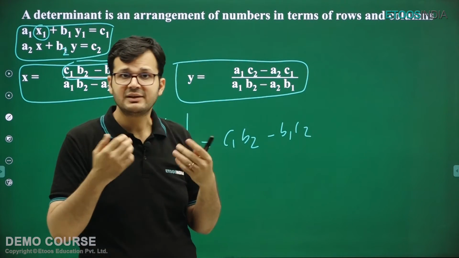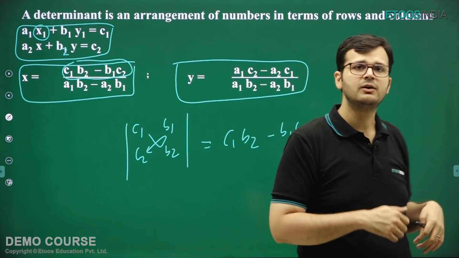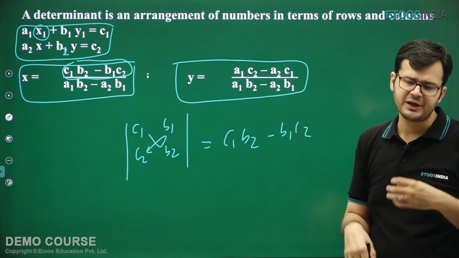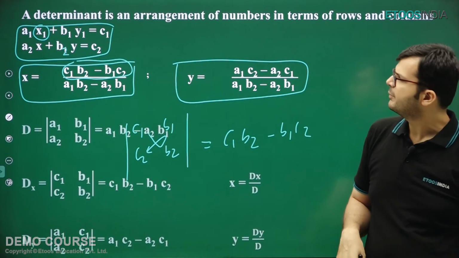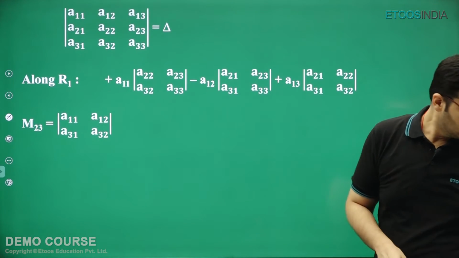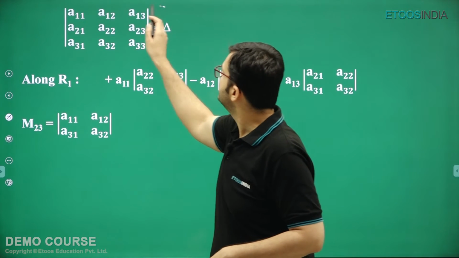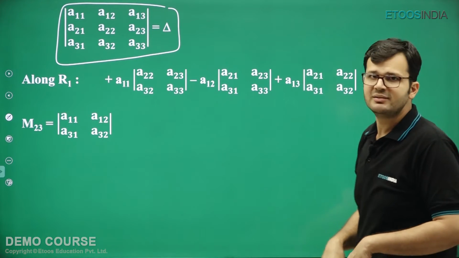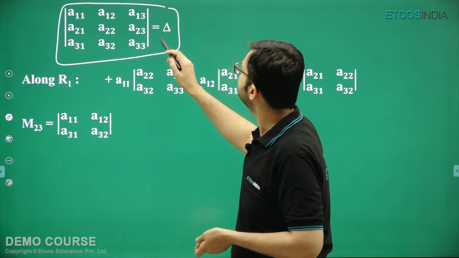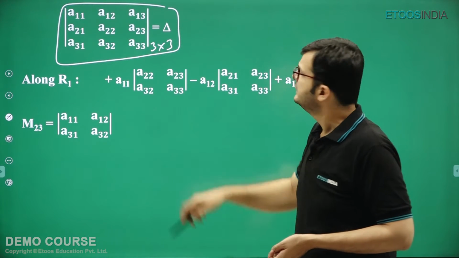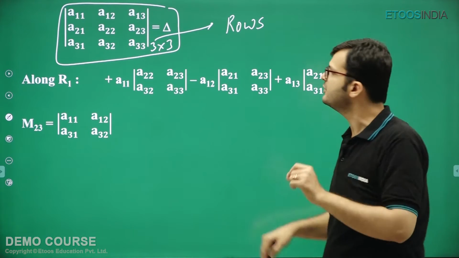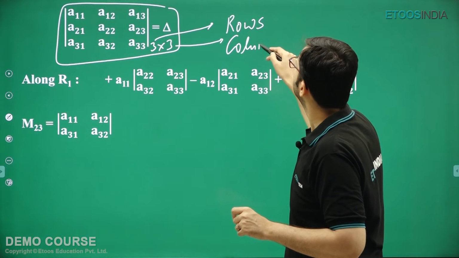So as I just mentioned a 3 by 3 determinant, first of all let us look at how you open a 3 by 3 determinant. I just told you how to open a 2 by 2 determinant. It's simply cross multiplication. For 3 by 3 we have a little bit more elaborate method. So just as I said, we can create a determinant for this. Let's have a look at this. As you can see, this is the determinant that I have written, and the numbers that I have written are also very relevant. They are very systematic actually. If I write a couple more things here, we can write this as a 3 by 3 determinant. The first number represents the number of rows. Always the number of rows is written first, and this 3 represents the number of columns.